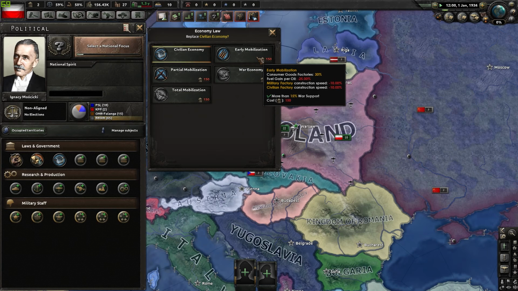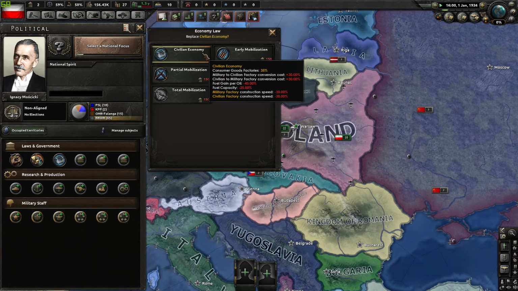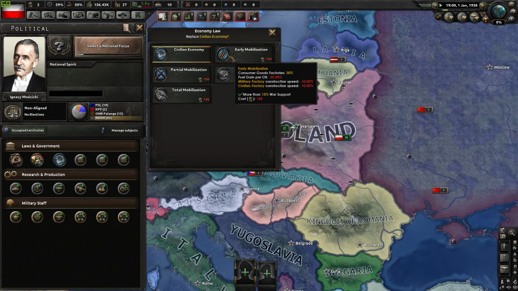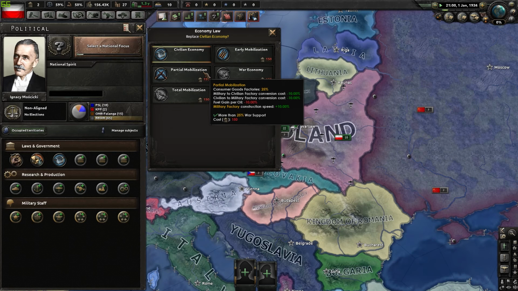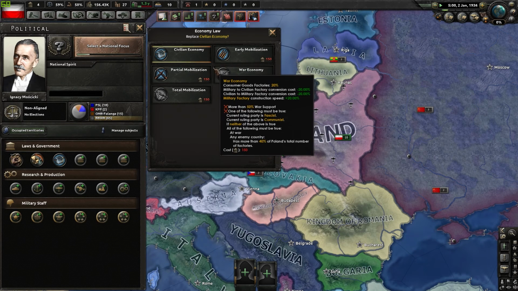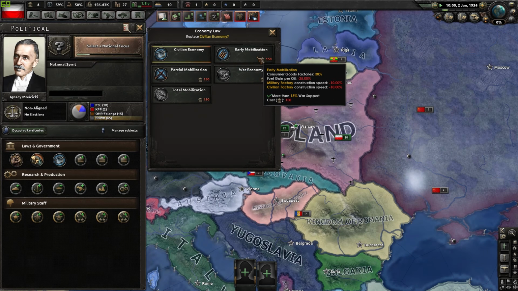We will need for sure to change this to air mobilization as soon as possible, because this will give us plus 30. Or should we go to partial mobilization? Well, this will give us faster conversion, less conversion cost, but less fuel gain per oil, but more construction speed. And early mobilization will give us less fuel gain per oil, more construction speed, but consumer goods will be less, which